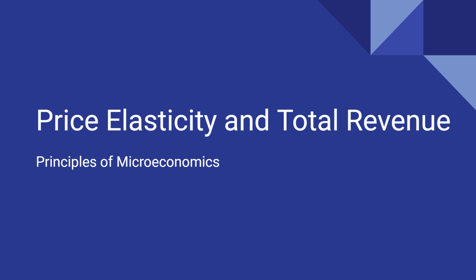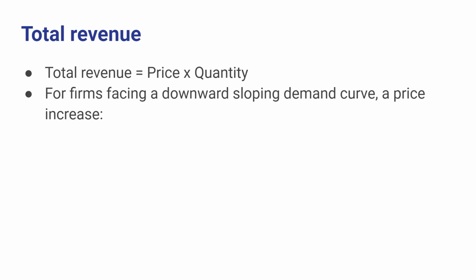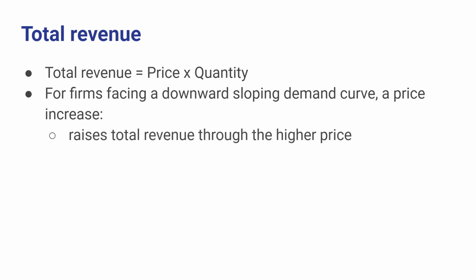In this video, we're going to talk about the relationship that exists between price elasticity and total revenue. A firm's total revenue is equal to its price times quantity. Firms that face a downward sloping demand curve know that when they increase their price, the quantity demanded is going to fall. So, in terms of what happens to total revenue, on the one hand, the higher price results in